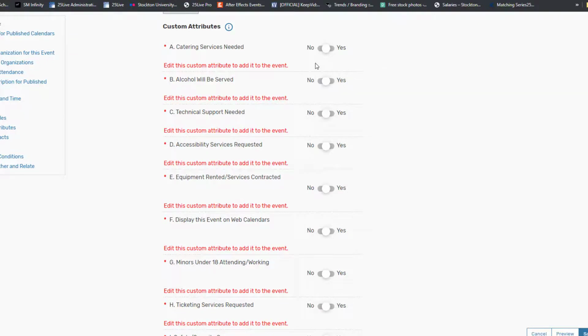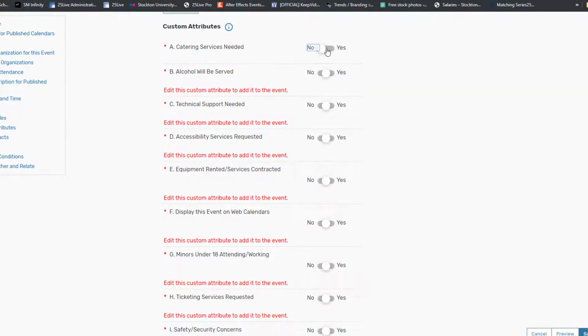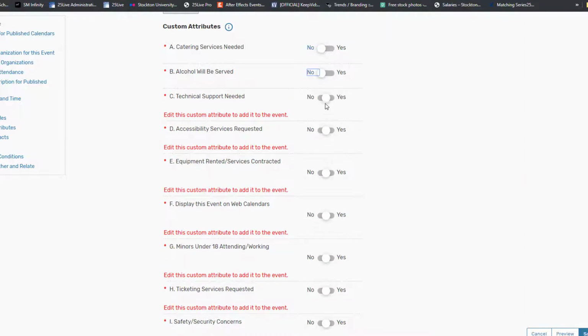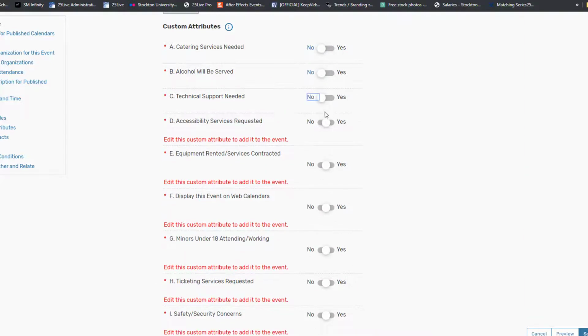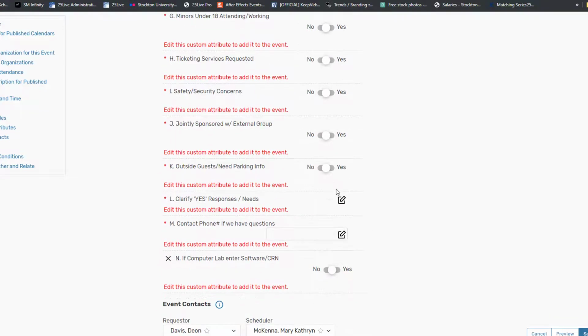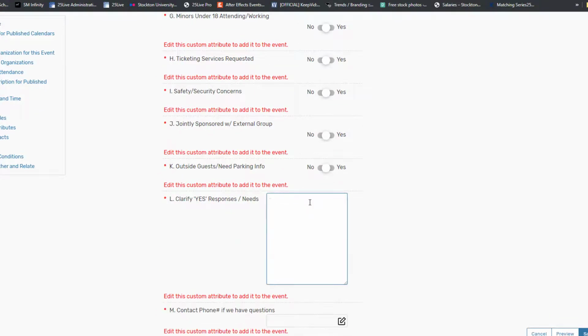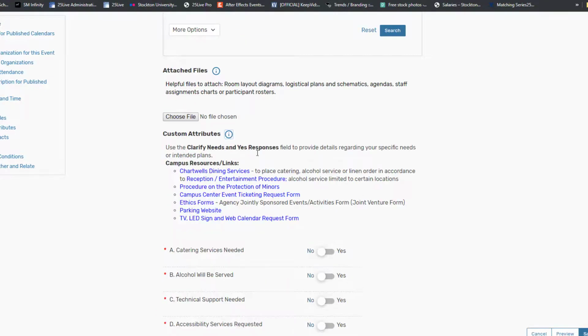Each attribute is a required field, so you must indicate yes or no to every attribute. If you choose yes for any of these, you must clarify and give further detail in the text box below. Click the More Information icon to find specific links to resources that pertain to these attributes that you may need